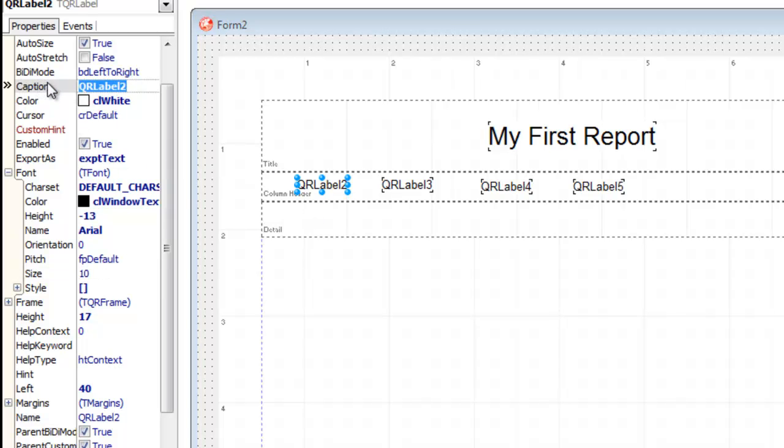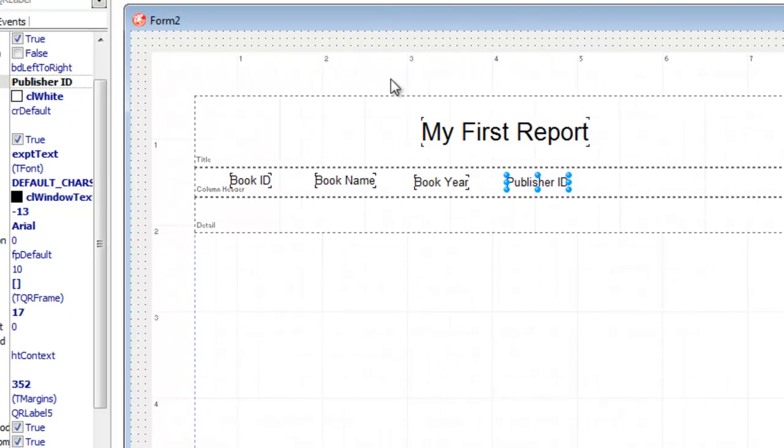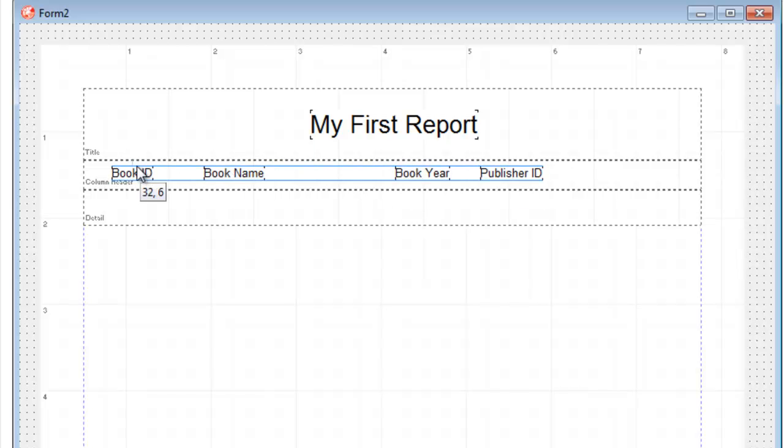First is book ID, then book name, then book year, and this is going to be publisher ID. I'm going to move it to the right, because book name is long enough, like here maybe.